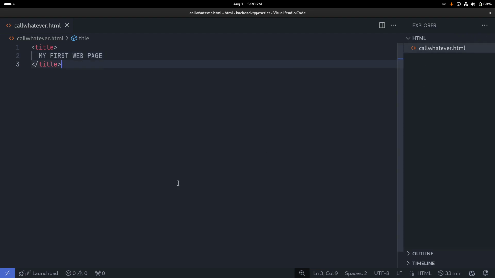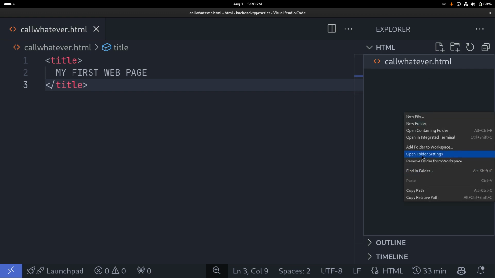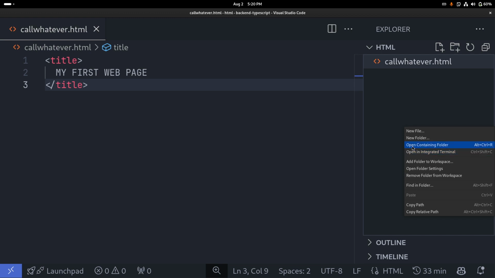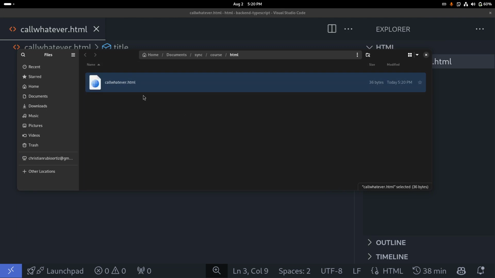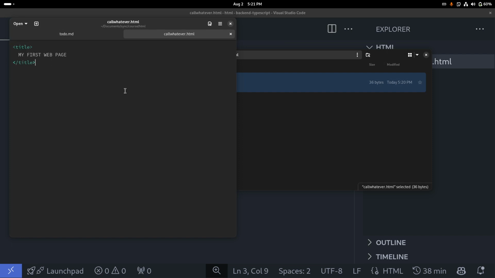So in Visual Studio Code, oh, I'm sorry, I tried to zoom in. In Visual Studio Code, we are going to use this shortcut to open the folder where I'm working. It's just right click and open containing folder, and in this folder you can see the callwhatever.html. If you open it with another tool that is not Google Chrome, you can see the content, for example a text editor, and it's the same as we did in the past. So let's open this file with Google Chrome and see that